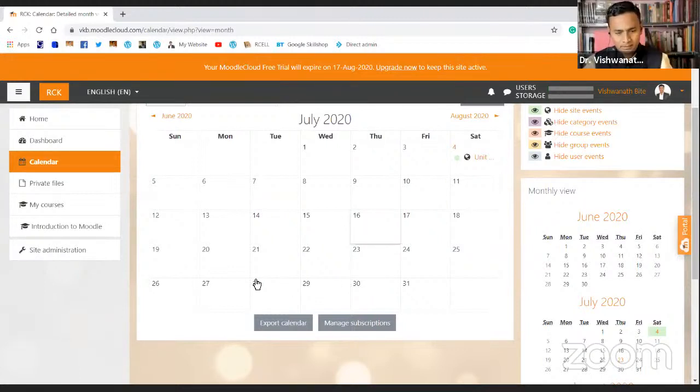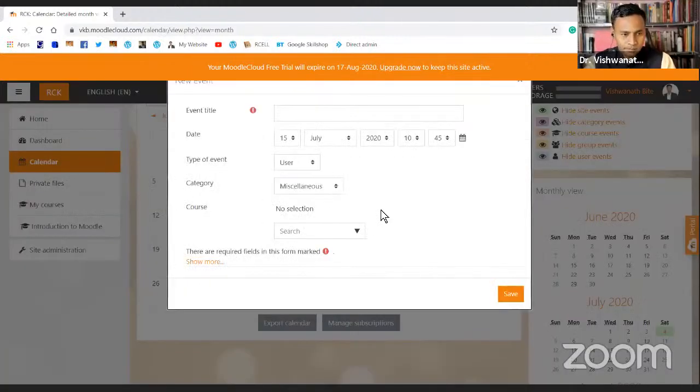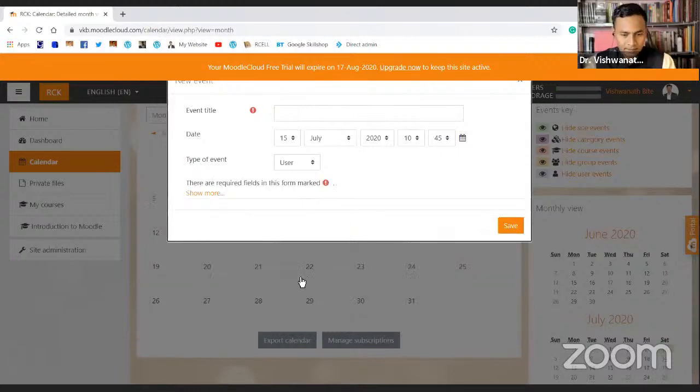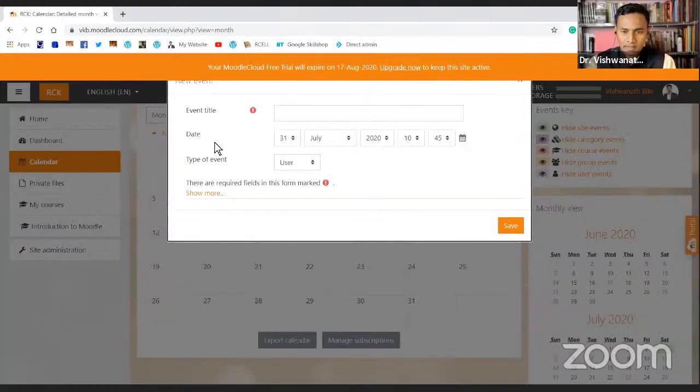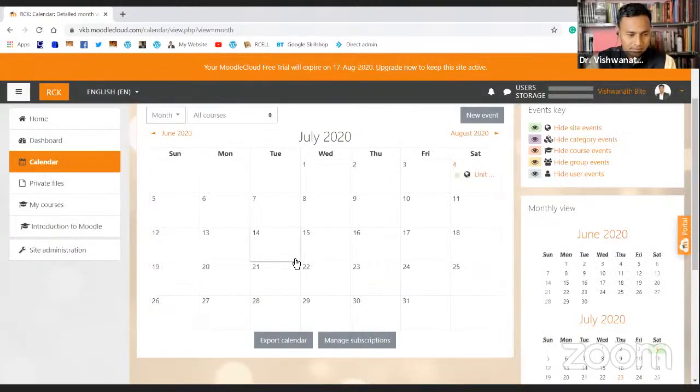If you want to create something, for example on the 31st, we can create a new event, like we do in any other calendar. We can create events for our class when we create our own classes.